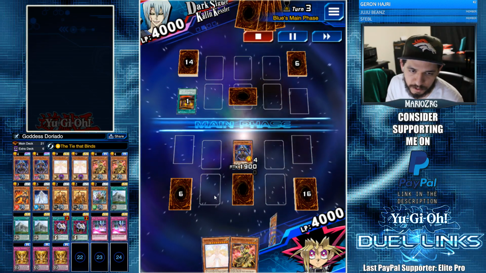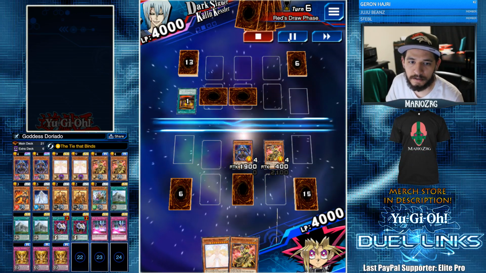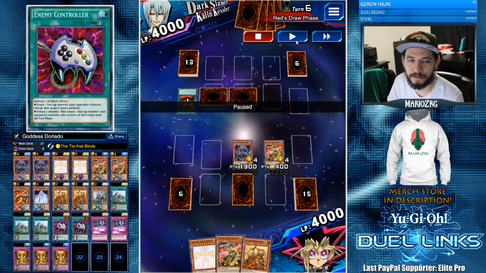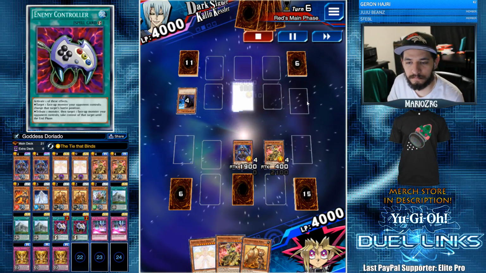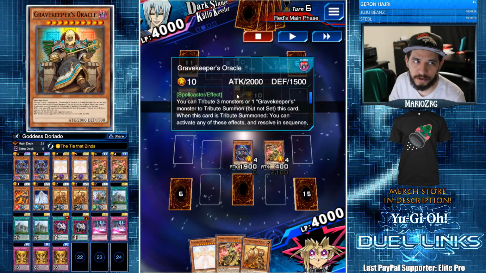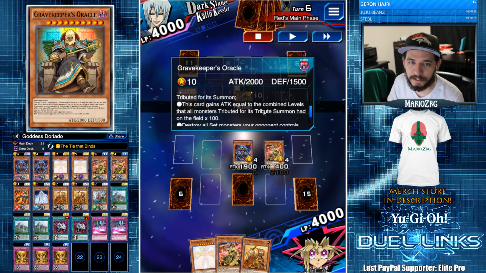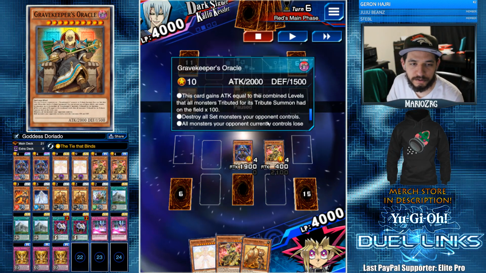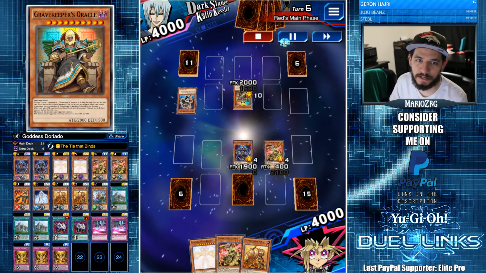So here we're going up against Gravekeepers. They have a pretty standard opening, just 1 set. I don't want to attack into a spy, so I'm just gonna wait, let him do the first move. We're gonna be patient here. This Gravekeeper's Spy is gonna special summon Recruiter, and then he tributes all 3 for Gravekeeper's Oracle. So he's gonna gain all the effects. This card gains attack equal to the combined levels of all the monsters that were tributed. Destroy all set monsters I control, and all monsters your opponent controls lose 2000 attack and defense. So he's getting all the effects,